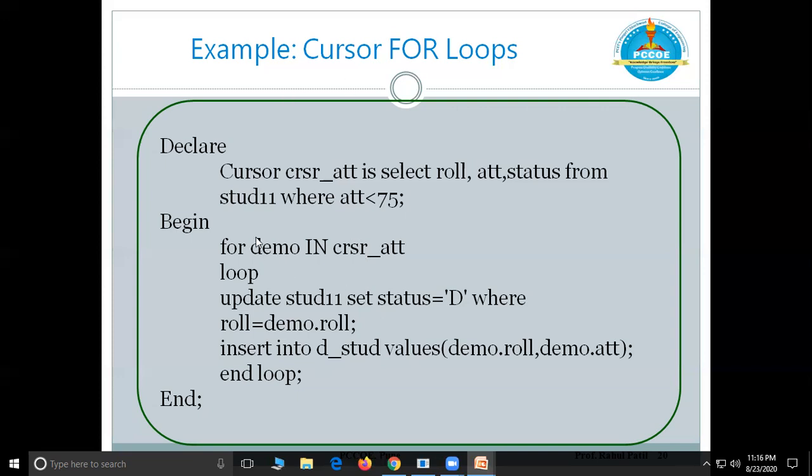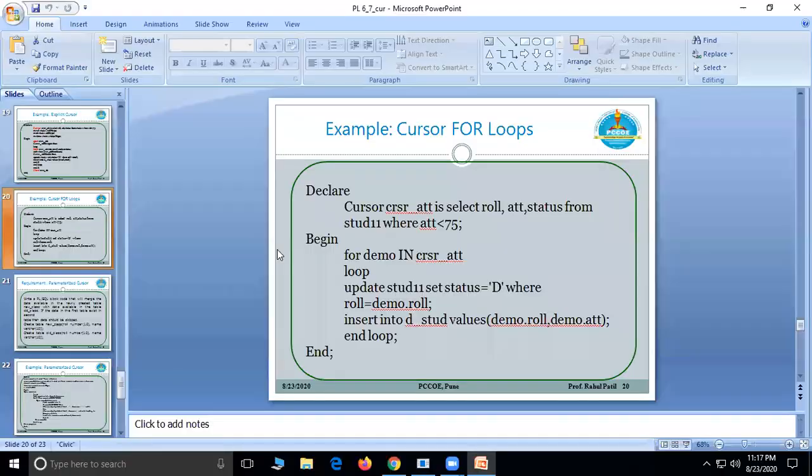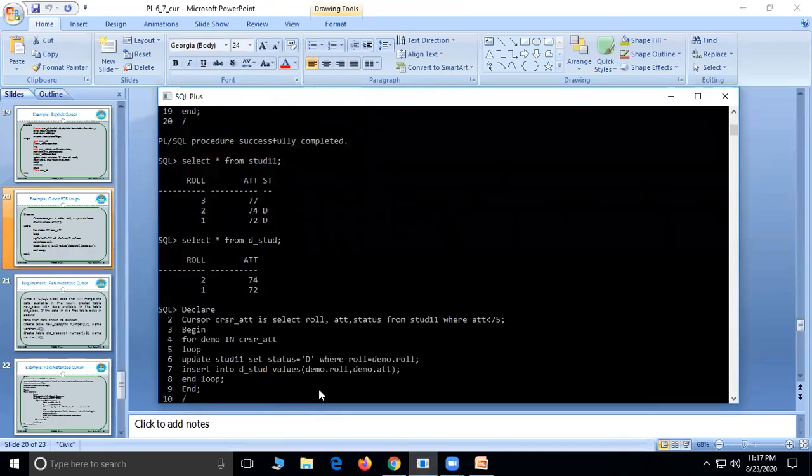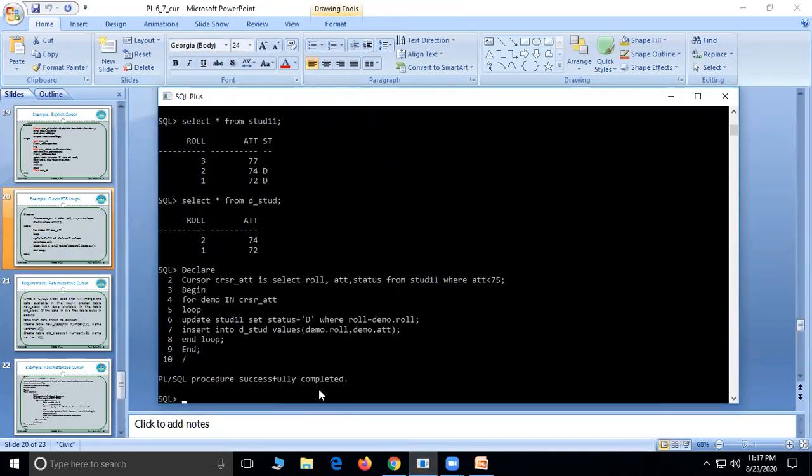Only this demo type of variable, that is row type, we'll see in the next video, how we can create that demo type of variable or that row type of variable. Before going through this, you can see the next video for how we can declare it. Okay, so we'll try to execute this block. It will be executed, and it is saying PLSQL procedure successfully completed.